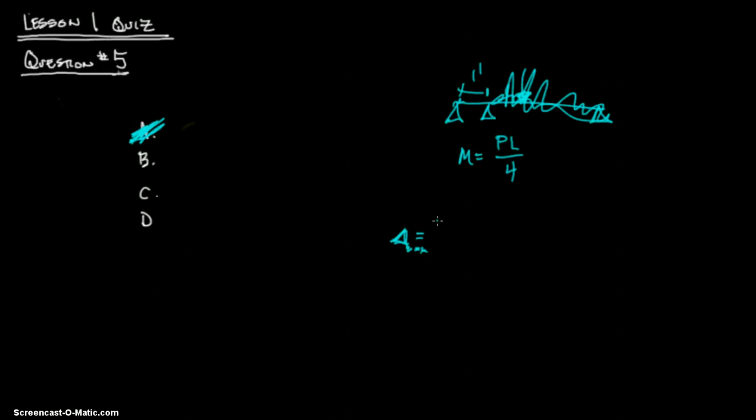Max deflection for a uniform distributed load is 5WL to the 4th over 384 EI. You'll see that other deflection equations will vary from this, but what they will typically always have are this E and I, and it will typically be L to the 4th. The constants will change, but you will typically just have E and I. So the E is